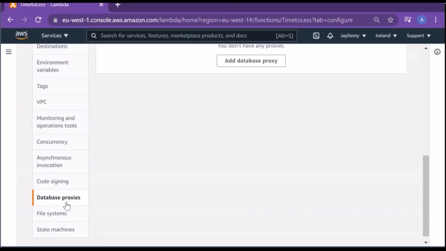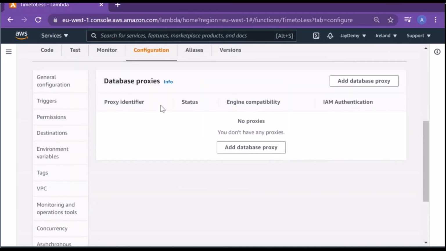Coming to the database proxy. I hope I have already explained database proxies, but let me explain again. Whenever you create an Amazon RDS database proxy for your Lambda function, this database proxy manages a pool of database connections and relays queries from a function.